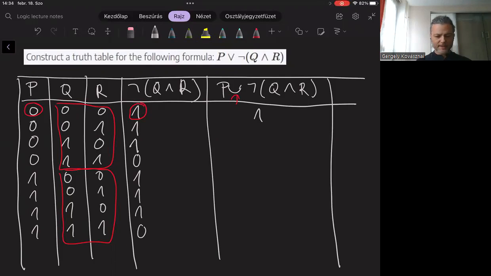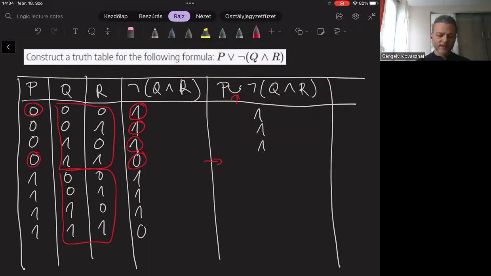So basically, since we can see that the right-hand side operand is 1 in those lines, we can immediately copy those ones here. The only exception is the fourth row, this one, because in this case, P is false, and also the right-hand operand is false.